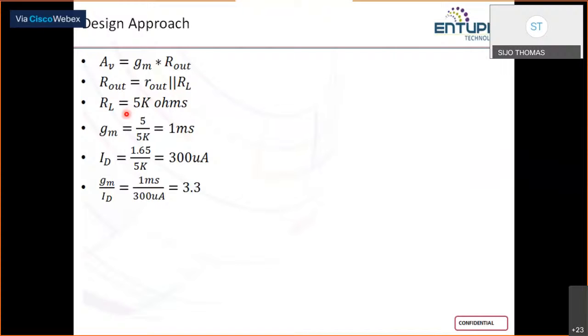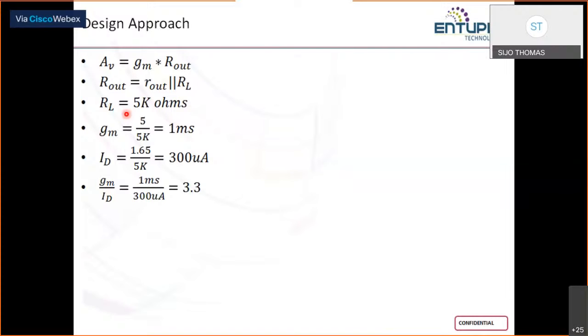The power dissipation is given as 1 milliwatt. If we know the power dissipation, we can find ID: 1 milliamp divided by 3.3, which comes around 300